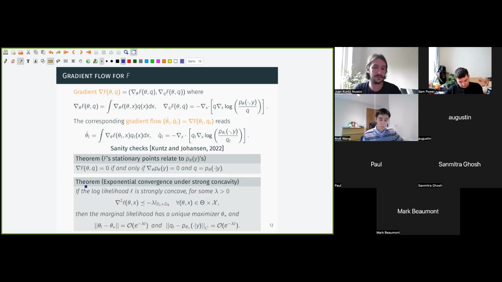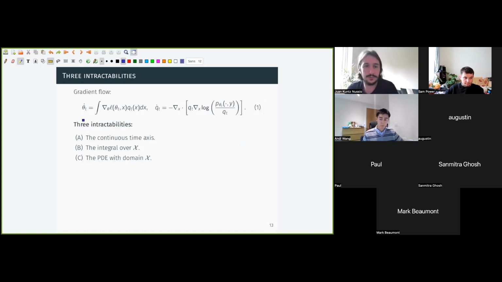We did this in a very simple case. We did this under strong concavity assumptions on the log of the density of the model, in which case you get exponential convergence, using kind of standard arguments extended to this slightly unconventional setting. But I don't want to really dwell on this too much because I don't think these assumptions are important at all, at least to argue convergence. I think you can argue it very generally by using an extension of LaSalle's invariance principle. But we didn't go the whole way. We didn't actually do this, but I can elaborate on this if anyone's interested.